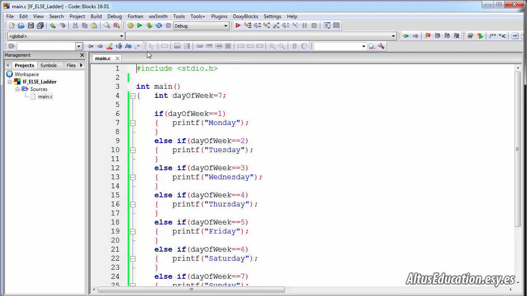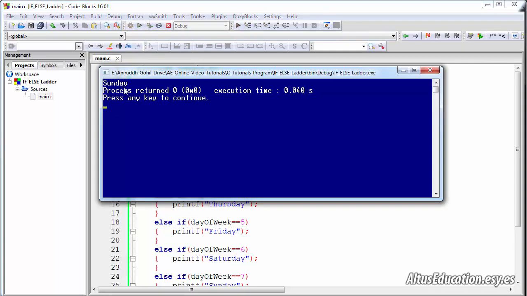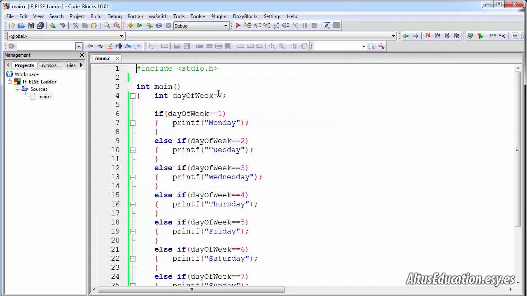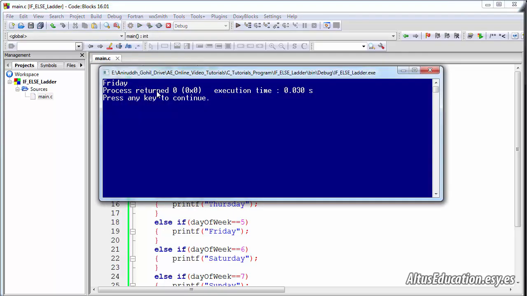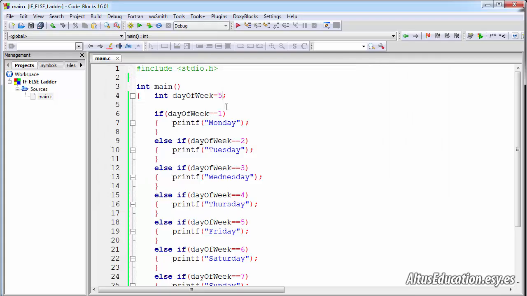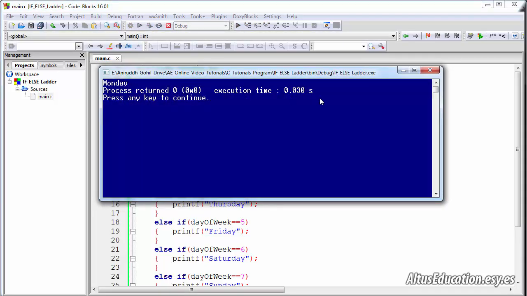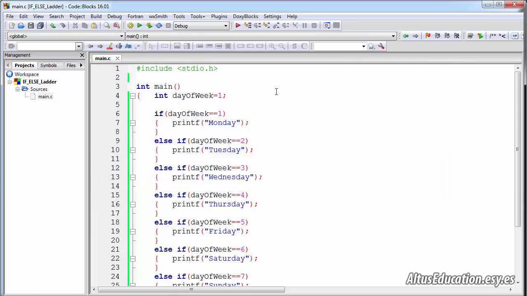So let's build the program and run it. It provides us Sunday because we have given day of week as 7. Let's check for 5. Yes, it gives Friday. Let's check for 1. Run it. Monday, yes. Let's check for, suppose, 9, if the user has provided something else,